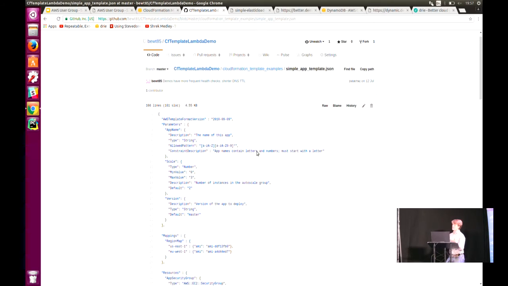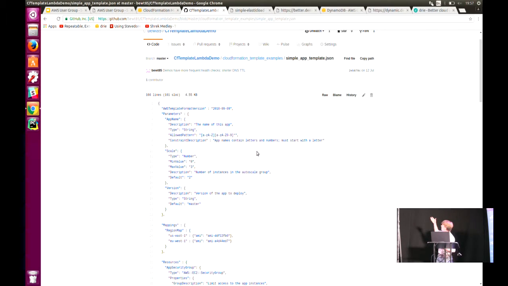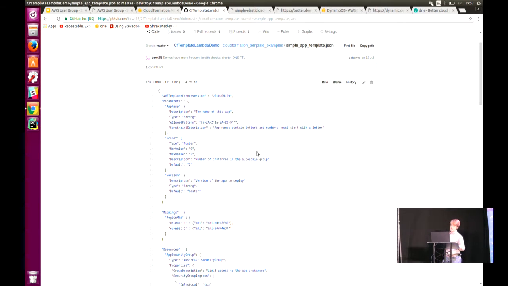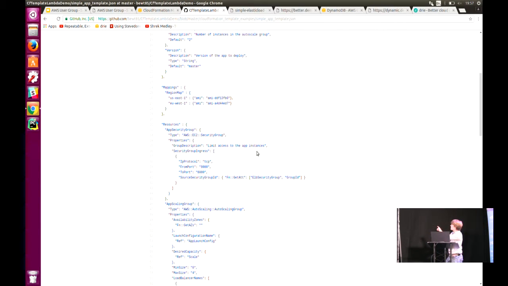In here you've got parameters. You've got things where you can set descriptions. You can say, oh, it has to obey this regex. You have mappings that you can see here. So one of the slightly frustrating things is that you have to explicitly say for each region what AMI